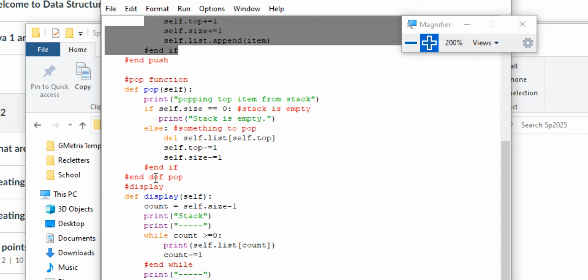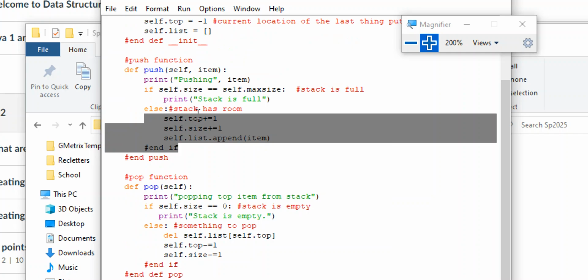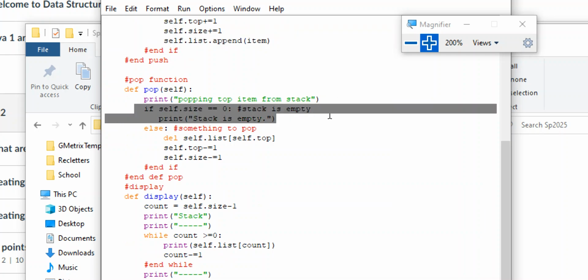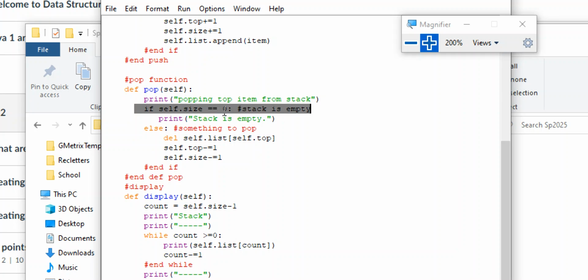Now pop, a little bit more stuff here, but not by much, as you can see. Well, actually, about the same. We go through here, and this takes the top thing off. Now, in order to do that, the stack has to be full, has to have something on it. So the first check is, is it empty? If it is empty, we say it's empty, we can't take anything off. If it isn't empty, then I use this command, del, and this actually deletes a specific location in my